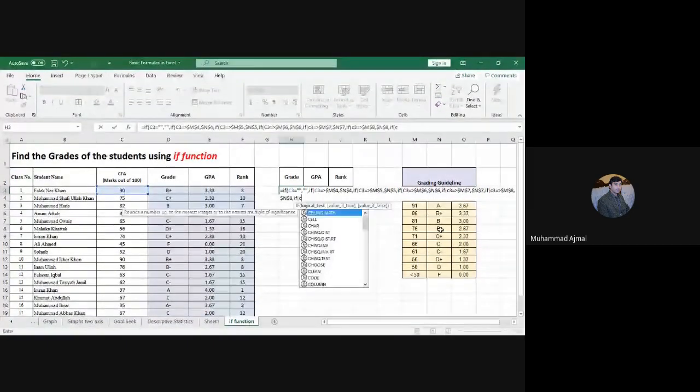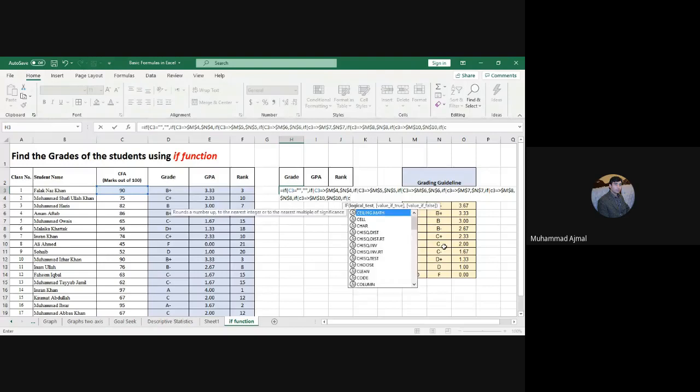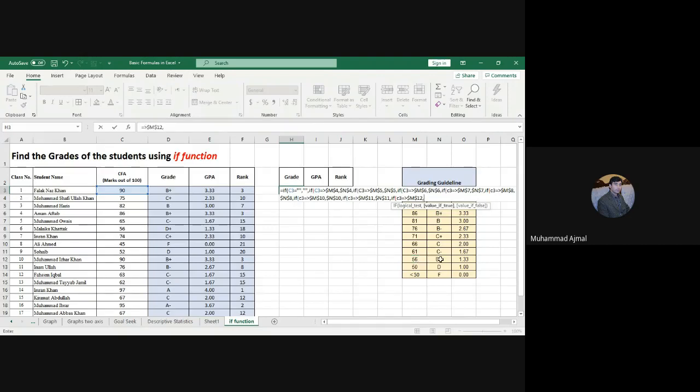equal to greater than 66 वाला next आता है, fix कर लें from your keyboard F4 function से, comma, उसके against मुझे grade देना है C, function F4 से fix, comma, again IF loop start, C3 equal to greater than 61 वाला सेल, fix it, comma, उसके against grade negative, fix it, again IF loop start, C3 equal to और greater than, next हमारा 56 वाला है, function F4 से fix कर लें, comma, select its corresponding grade यहाँ पे लिखा है और fix it,